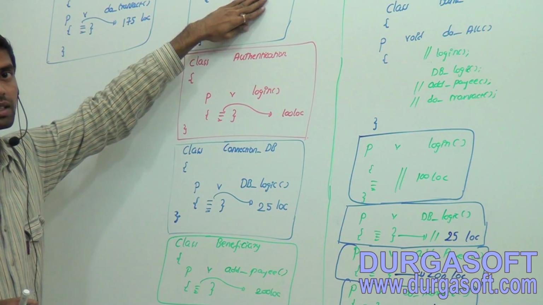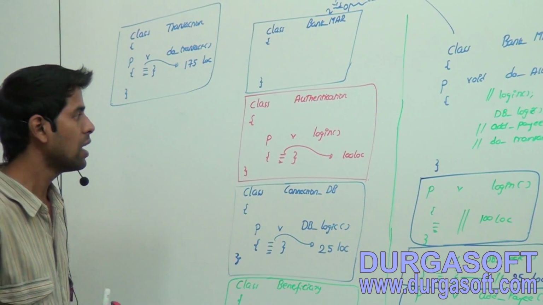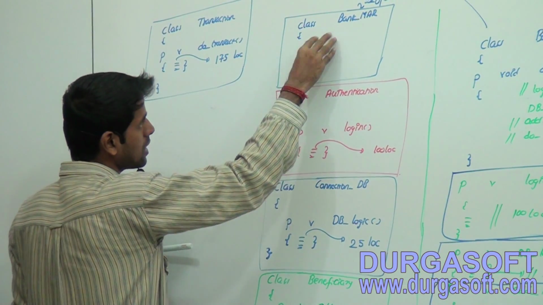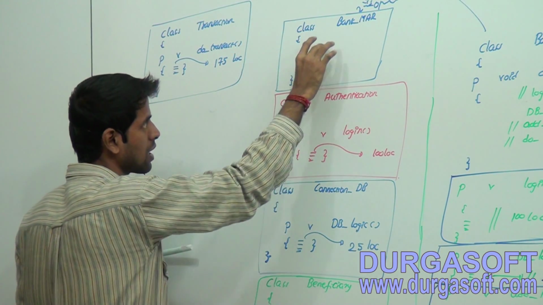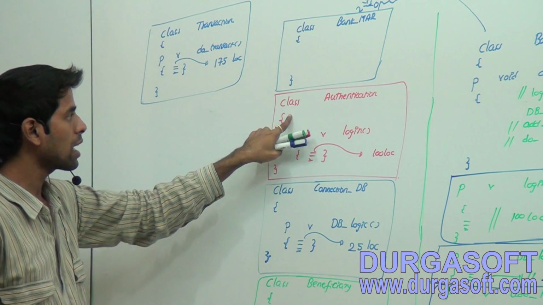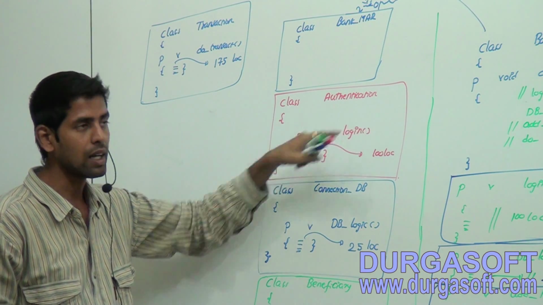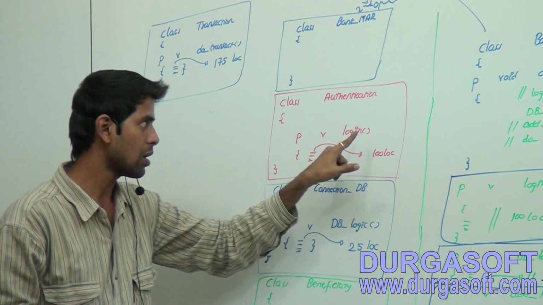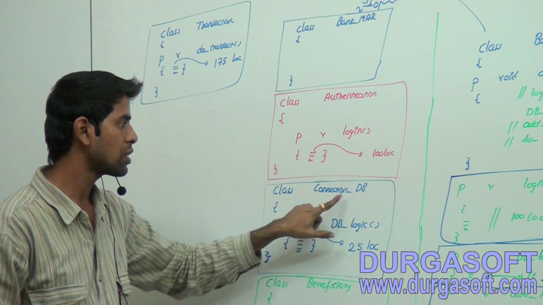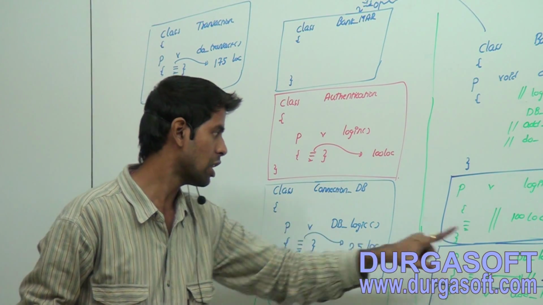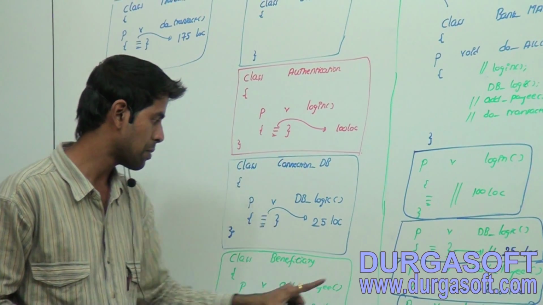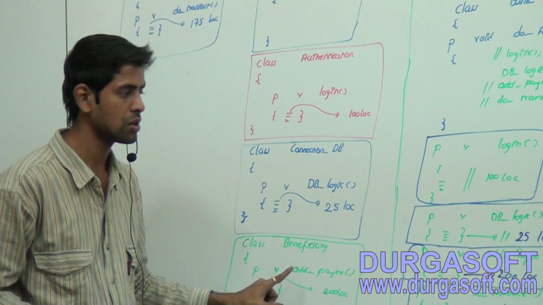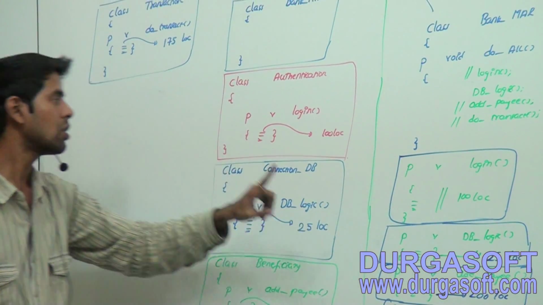Bank MER is still there, we will do it; I haven't done the implementation within this class yet. Authentication contains the login method logic, connection DB contains the DB logic method, class Beneficiary has the add payee method logic, and do transact method logic is available